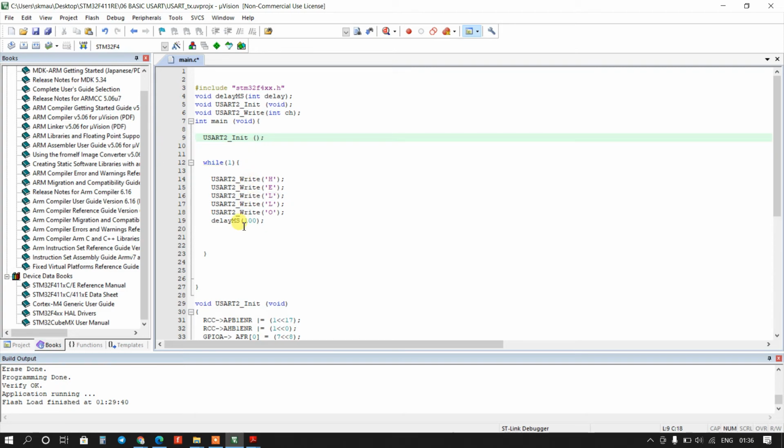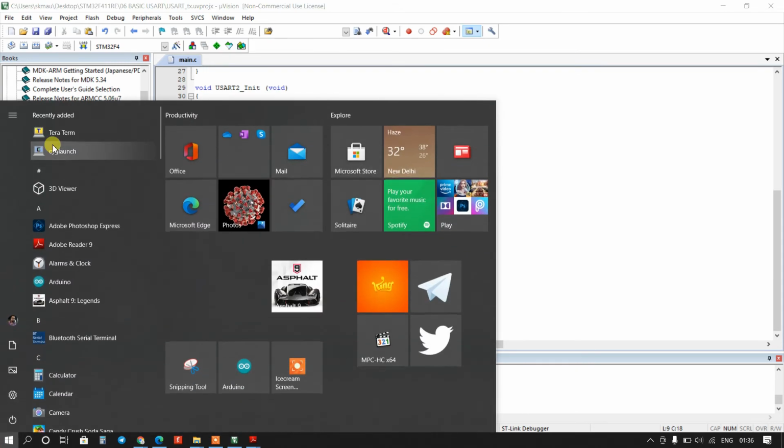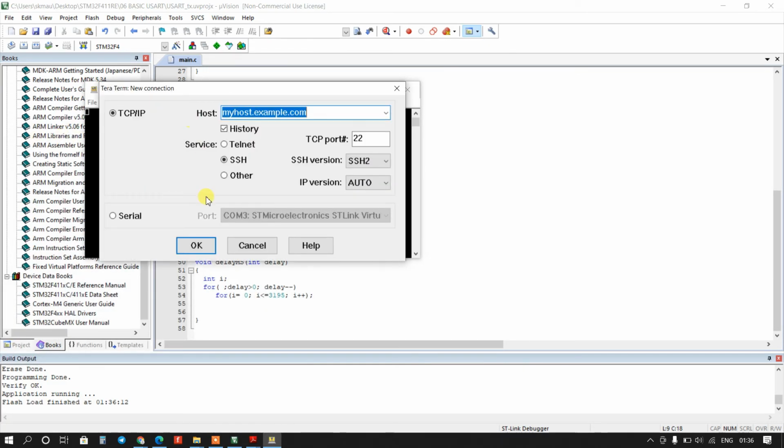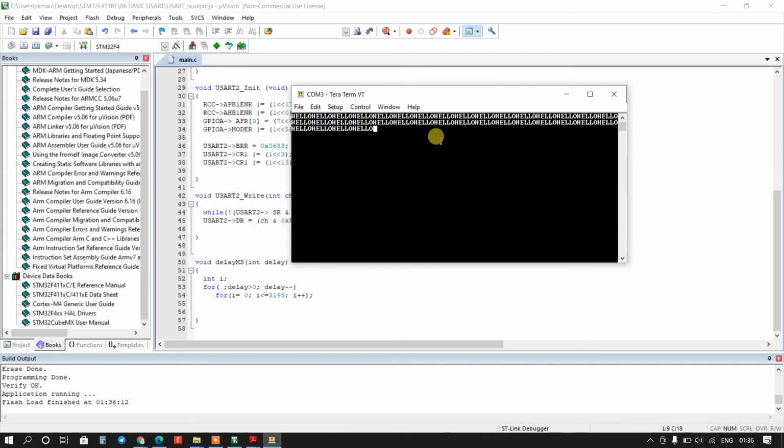Okay, now I will build the program and load, and we will open the Teraterm software again, serial, and okay. Wow, you can see it is printing hello.